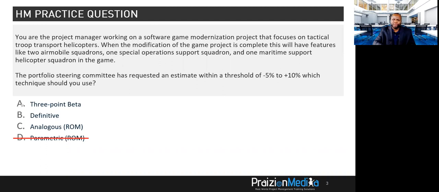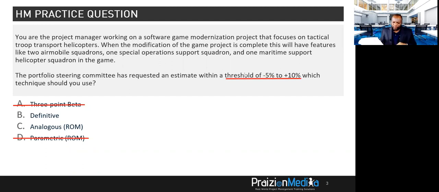All right. 3-point beta, even though this is not a bad one to use, but the question says the portfolio steering committee has required an estimate with a threshold of this. So which of these gives you a threshold of -5 to +10? This is where you need to remember in chapter 7, my friends, in estimate costs,